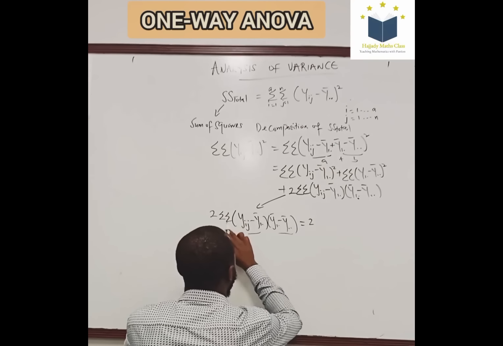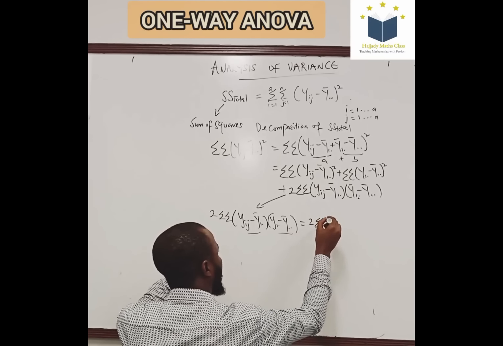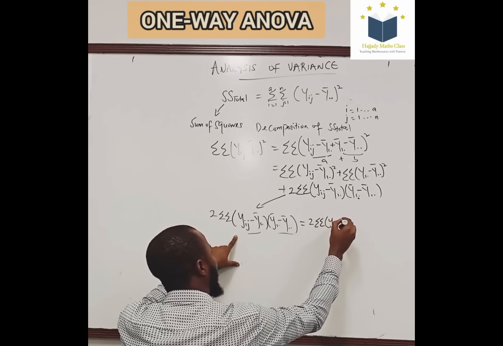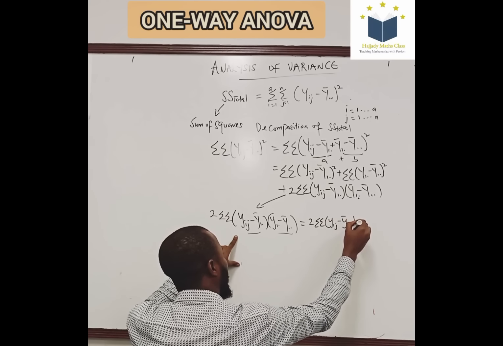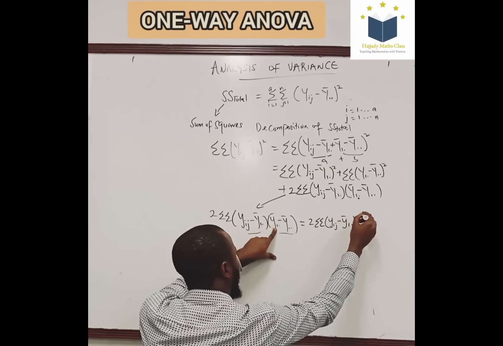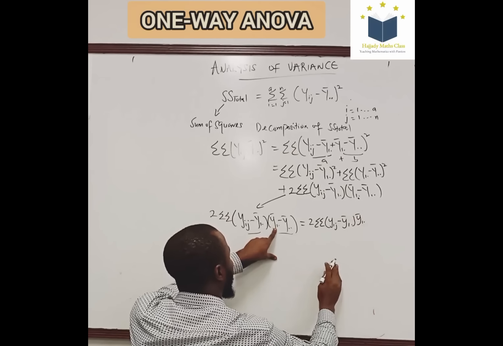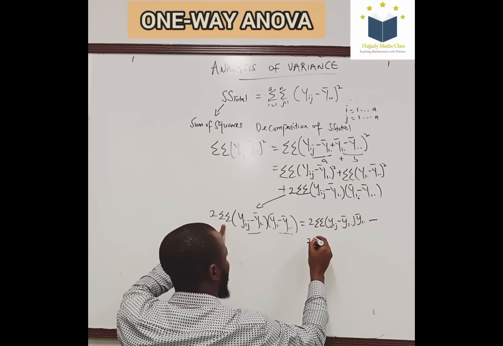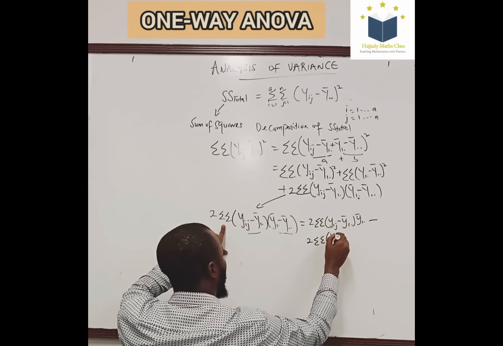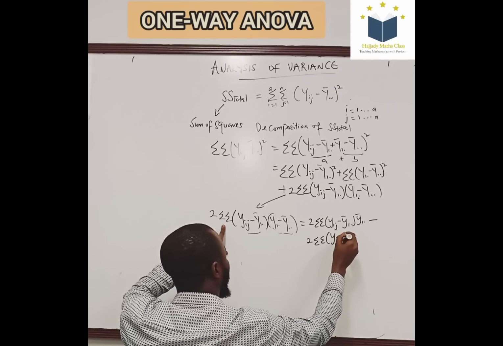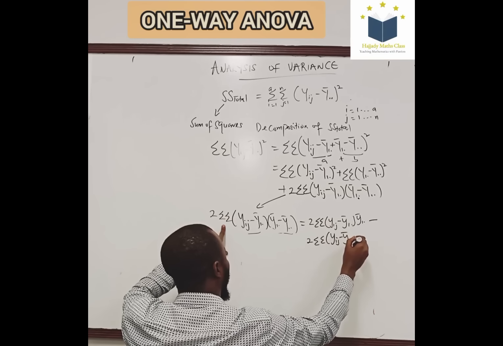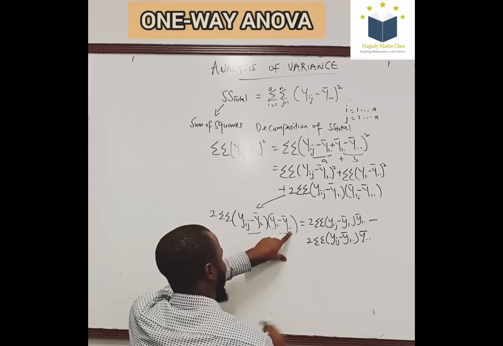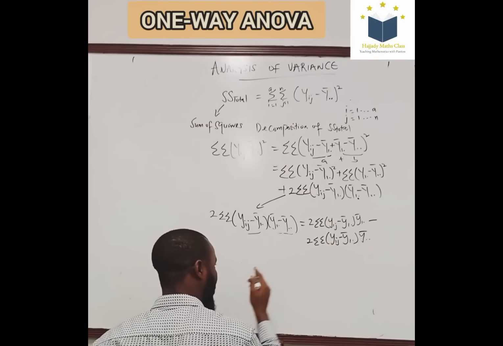So here I have 2 double sum (yij minus yi dot) multiplied by (yi dot minus 2 double sum), (yij minus yi dot) multiplied by what? y dot bar. So with this,